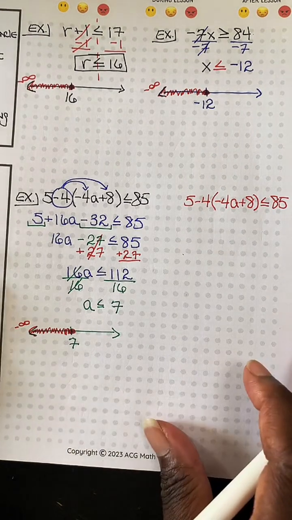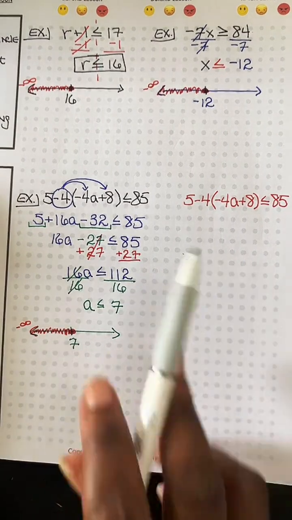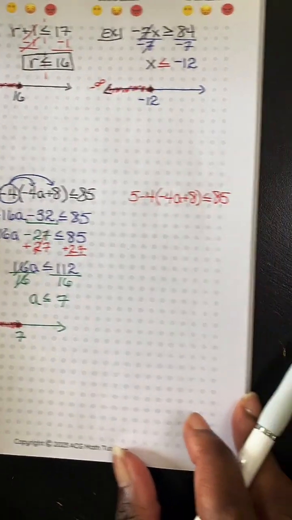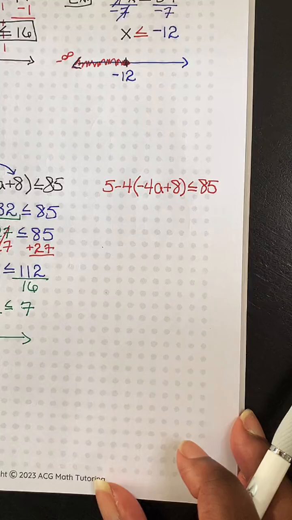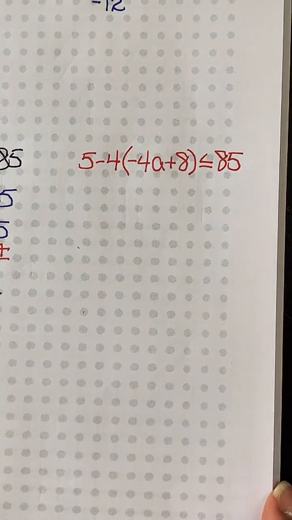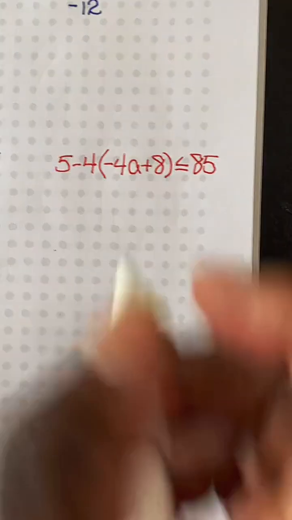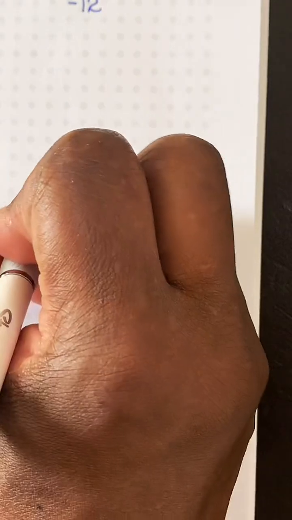Not a problem. All right, so I told you that we can solve this one of two ways. Let me show you the second way. Okay, so we got the first way. You choose which way you like. All right. So one of the things that I could do is let me get rid of this 5. So if I subtract 5 on both sides